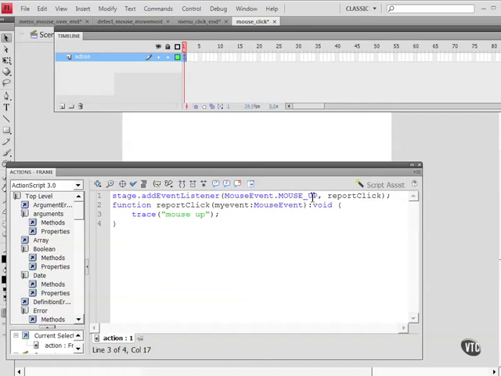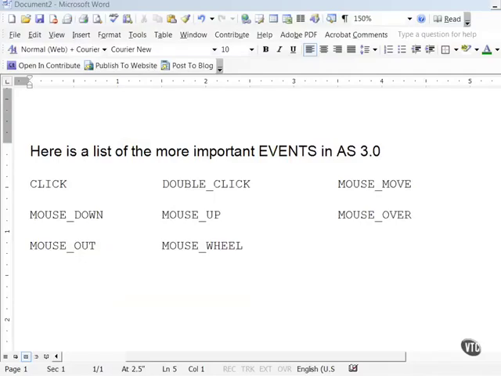I also have a mouse wheel detection, spelled like that. Let's change this to mouse wheel from mouse up. This will detect anytime I move the wheel on my mouse. Another event here is the mouse move. This is a very useful one, and one that you may want to use with your final project, creating a